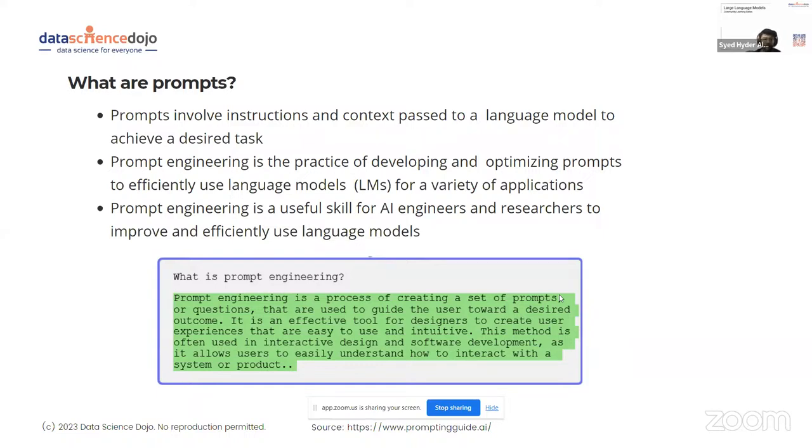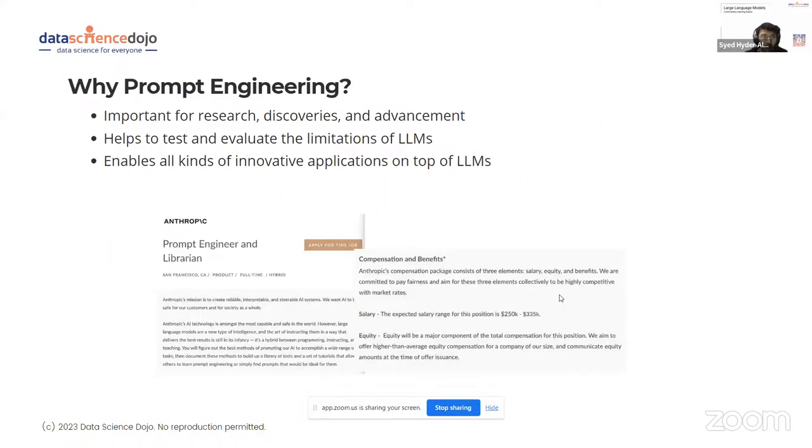And then obviously later in the days, there were so many people who actually proved that no, GPT-4 could easily solve those complex questions, but it was all about prompting, how you are prompting. So why prompt engineering? Obviously for LLM applications, for research discoveries, and also, if you don't know, you might have heard that there have been prompt engineer jobs, and I just found this from the Anthropic site that it had prompt engineer, and I happen to see quite a lot of prompt engineering jobs.